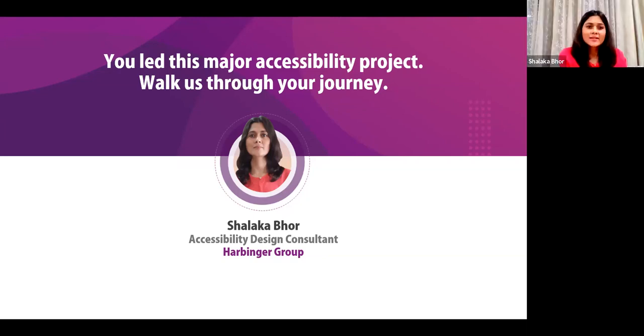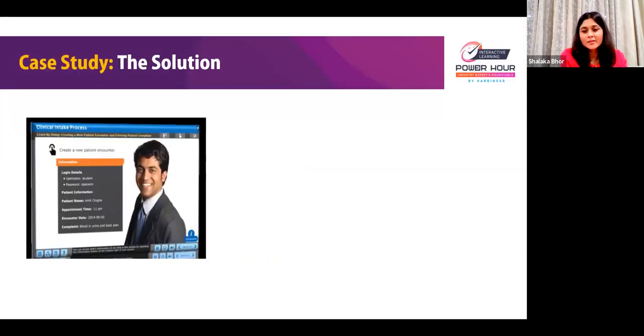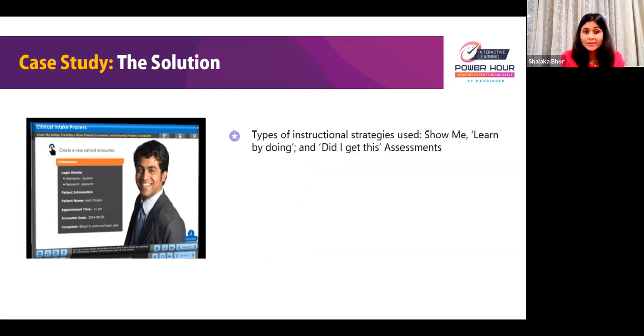So it was a great project and a wonderful success story. We did complete this project within short time with excellent team efforts and skills. Most complex part for any accessibility project is to handle interactive screens. And in this case, it was even more complex as we were handling simulation screens. So these were the try-me and test-me screens, the interactive screens, along with other knowledge check questions, which are usually the MCQ and MRQ type.